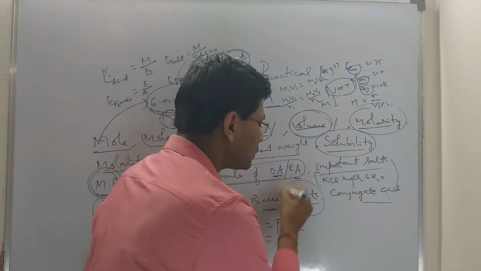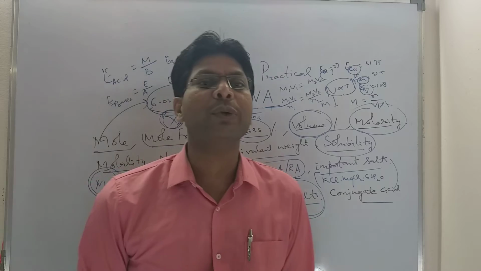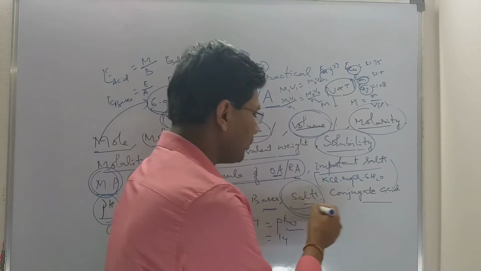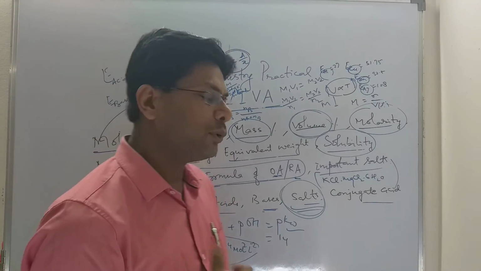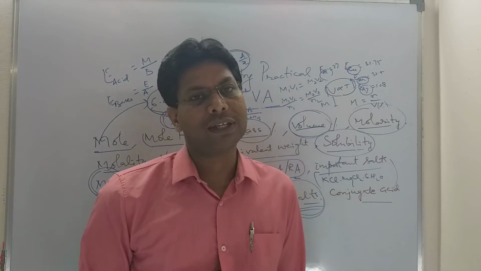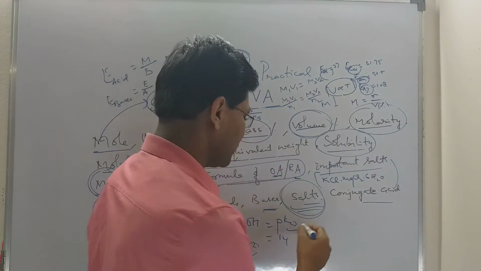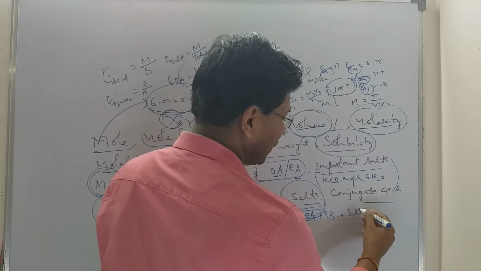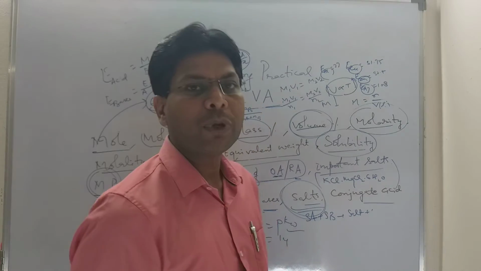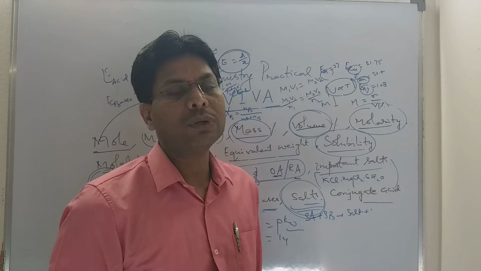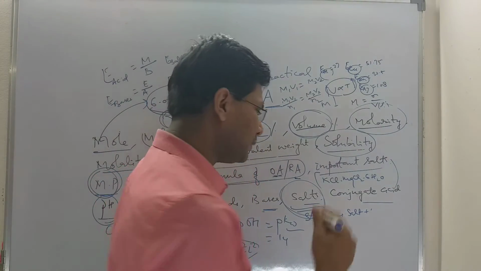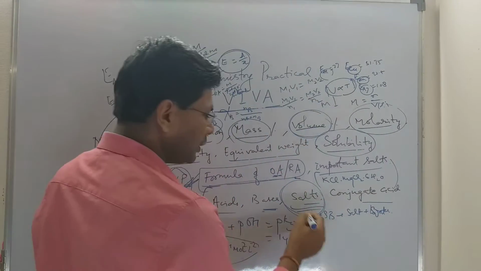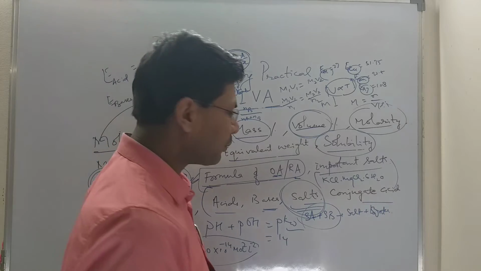You have to know how salts are produced. Salts are produced by neutralization reactions. So you have to remember a few reactions, and you must know that the enthalpy of neutralization is constant for a strong acid and a strong base. So strong acid and strong base will form salt plus water. During this process, the enthalpy of neutralization is constant, and that is equal to minus 51.7, which you have to remember. Salt plus water. So a strong acid and strong base salt will not undergo any hydrolysis.